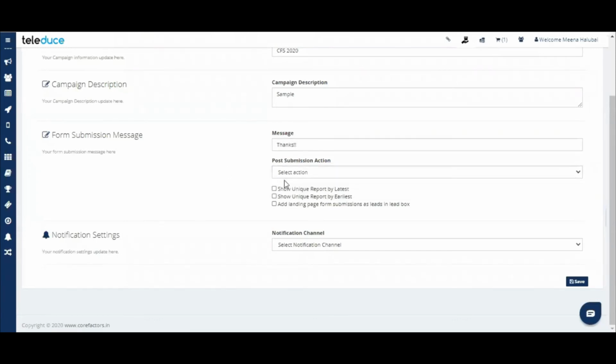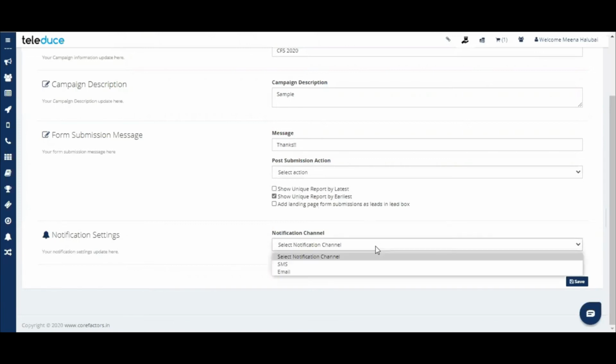And post submission is not required. Whoever fills in this particular page has to go into a lead box. You can utilize this however you wish to. And if whoever fills in this landing page, you want a notification, you can customize this, or you can enable the notification channel and then save it.